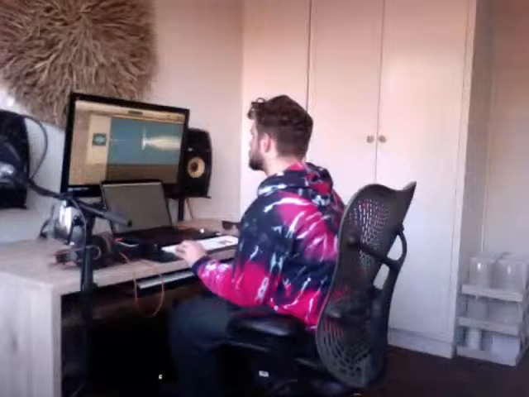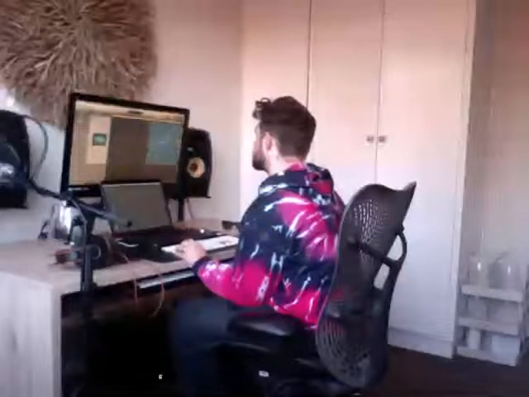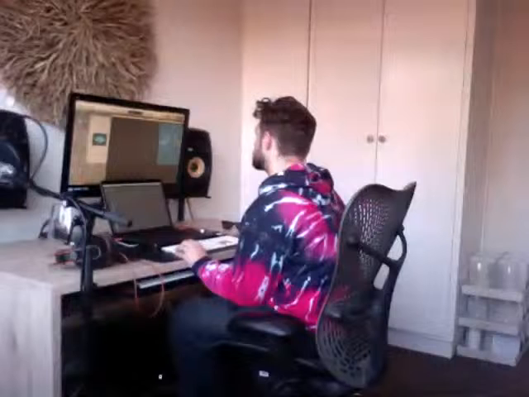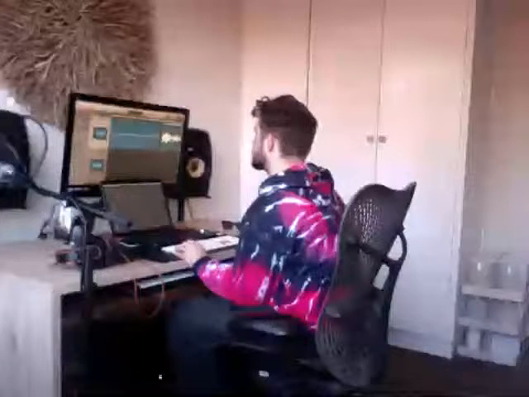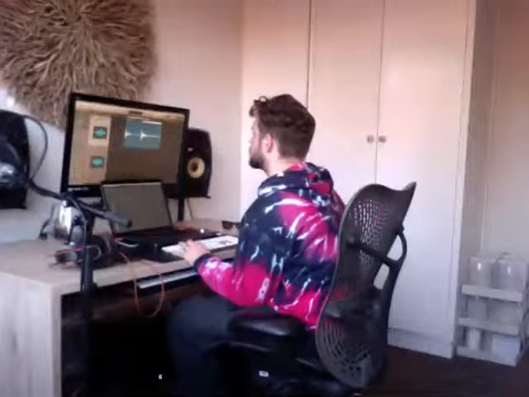I'm going to increase the size of the waveform so I can really see what I'm doing here. Do the same with this one. Drag that right up to the start, so it's a nice clean sample. And finally, I'm going to cut off any noise at the end.